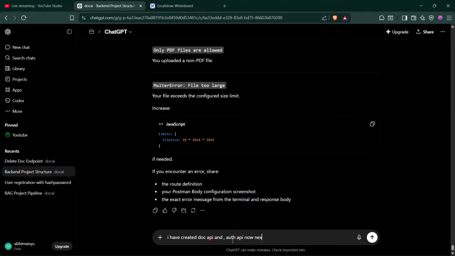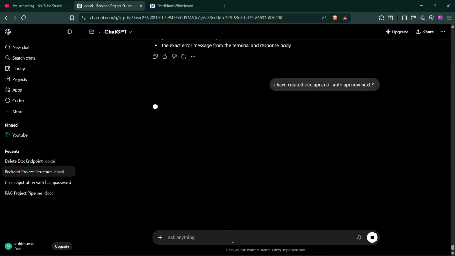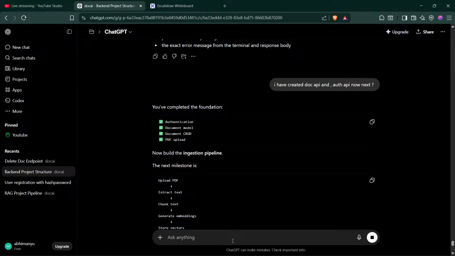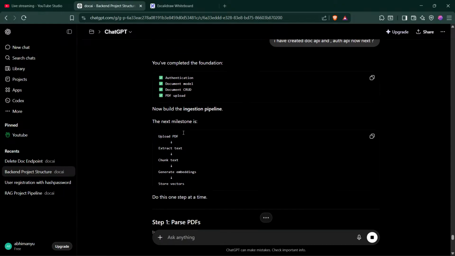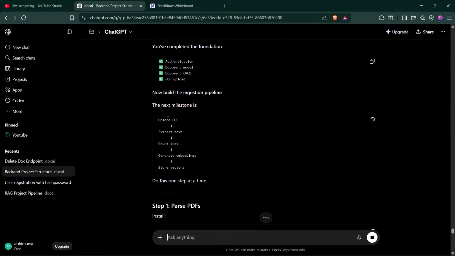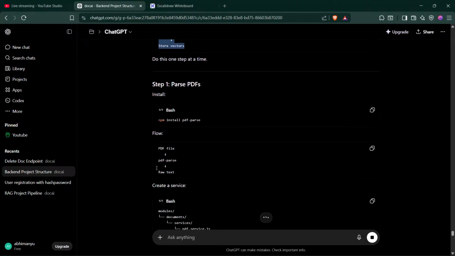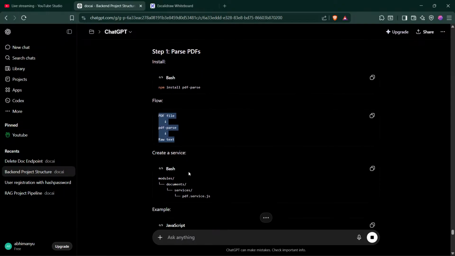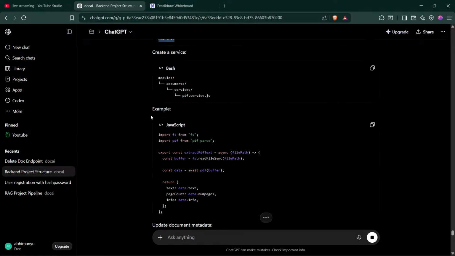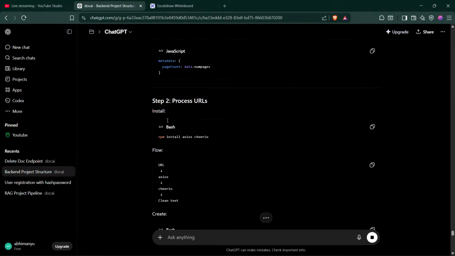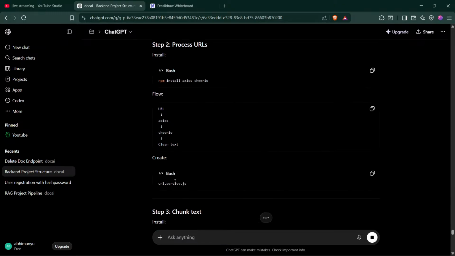Now next, document PDF upload, next file upload, extract data, and first PDF file, PDF as raw text and service. Okay, so from tomorrow we'll start working on the vector part, vector embedding and chunks part. So for today we'll wrap up the things and we'll continue tomorrow. Okay, thank you for watching. Bye.